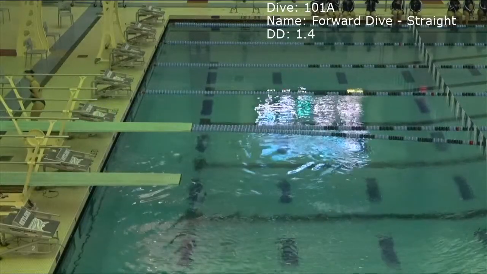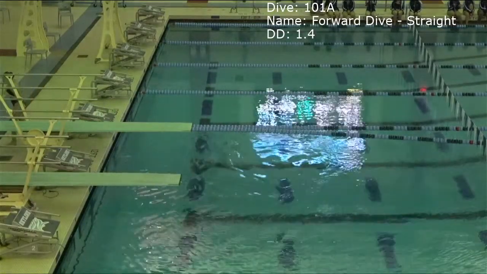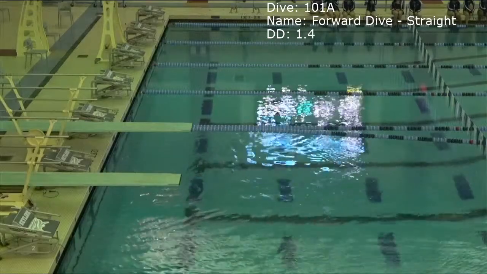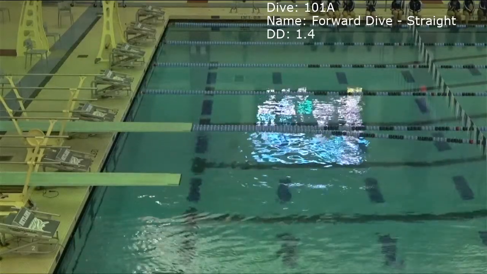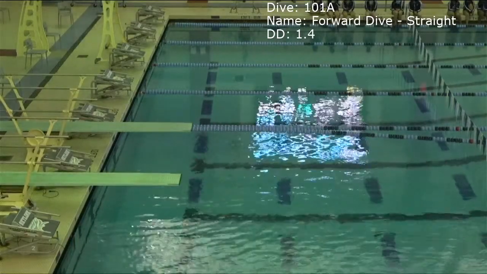Next up should be Jamie from Bedford, a 101A forward dive straight with a 1.4. That was a 1.4 degree of difficulty.